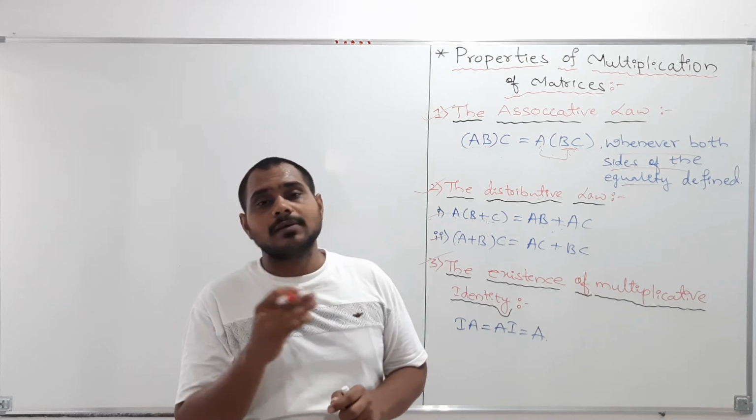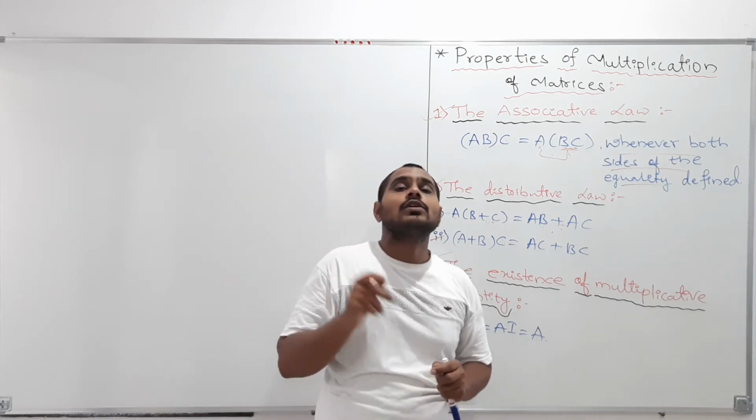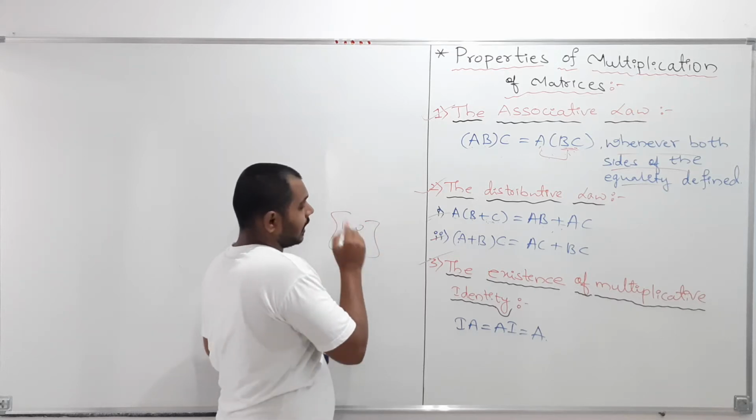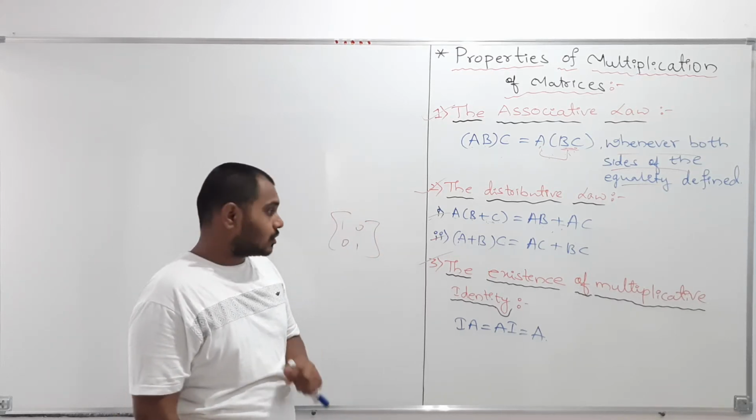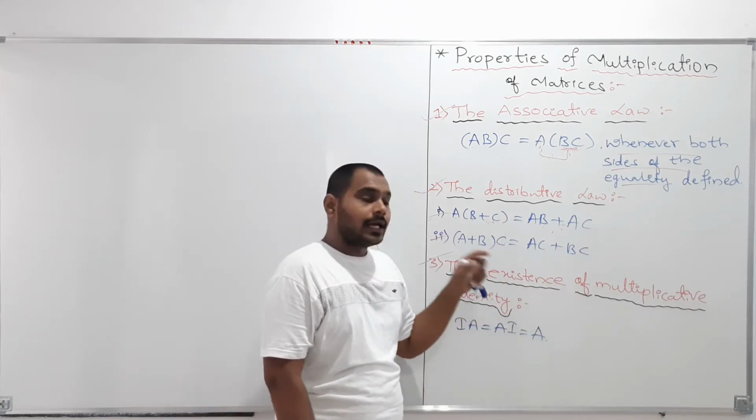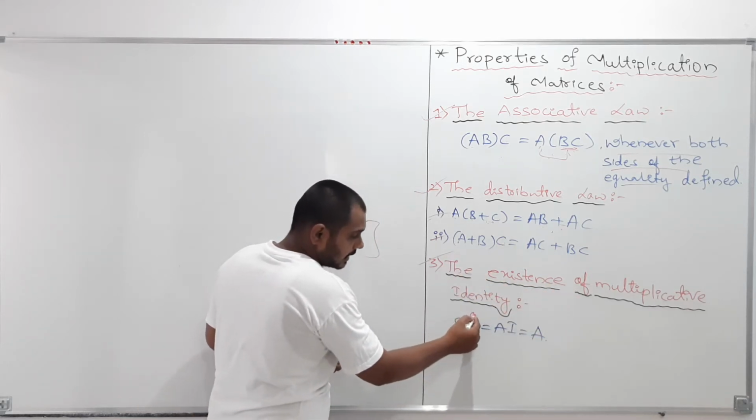So that is, for example, the identity matrix of order 2 cross 2 means 1 0 0 1. So this is your identity matrix. Clear? So my dear students, the existence of multiplicative identity means that if A is any matrix, so A